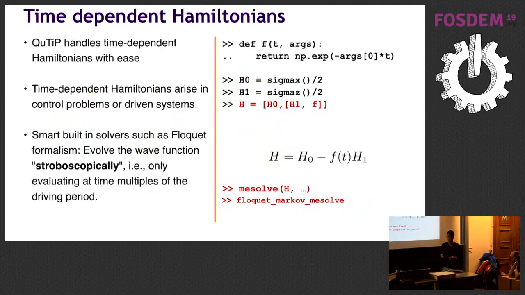Then QuTiP allows you to work with something which is called time-dependent Hamiltonians. So you write down the Hamiltonian of your system, but now it's not just a static function, but it can change with time. So if you take a quantum system and you're driving it continuously, you can even define that. And there's just a slight change that you need to do in defining your Hamiltonian operator, which is just you make it a list of a constant part and a time-dependent function. And then you use all the QuTiP machinery, which you can use with time-independent Hamiltonians.